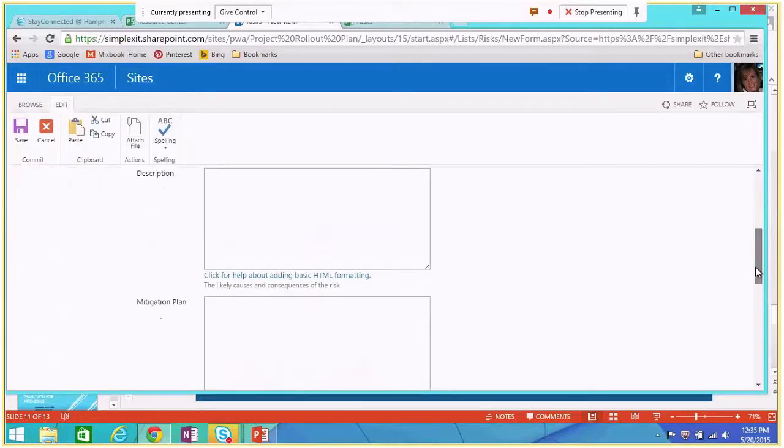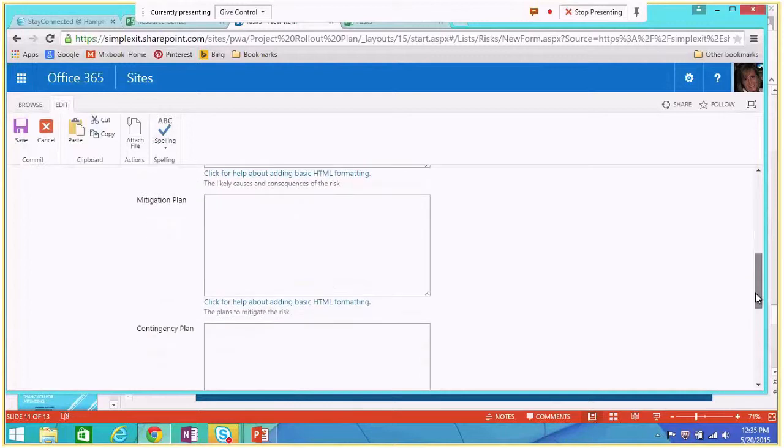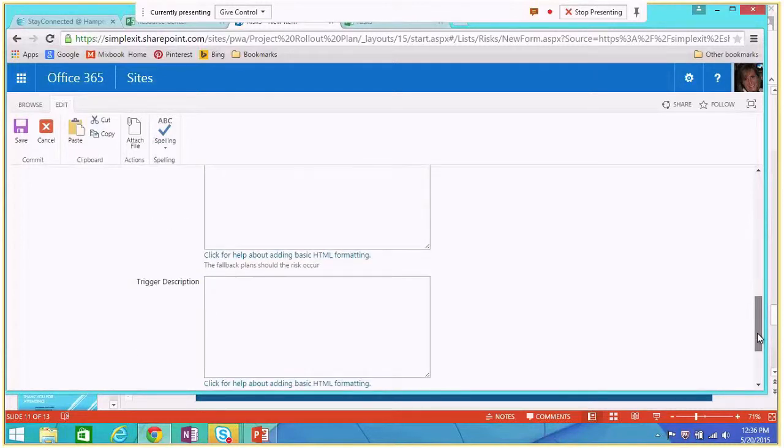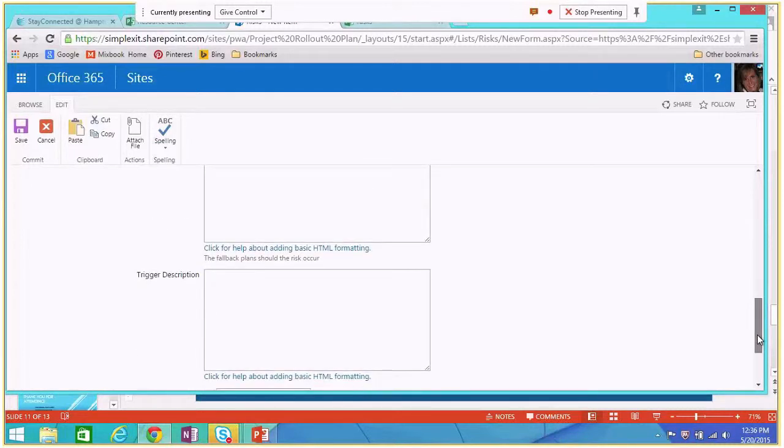The nice thing is you have a little description, and you also have an area for a mitigation plan and contingency plan. So really thinking about, okay, what are the risks within this project? What could happen? And if that does happen, what are we going to do about it? Because if you have a plan, then you can react quickly. If you don't have a plan, then you'll be